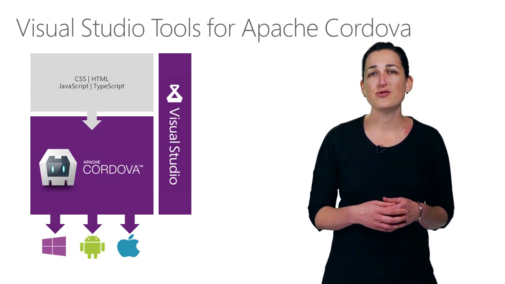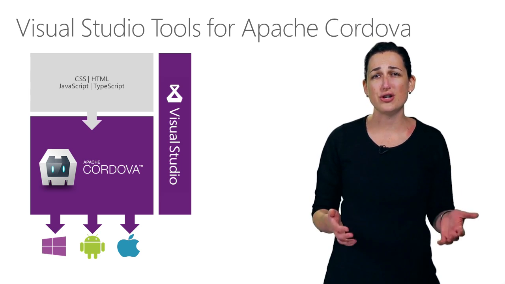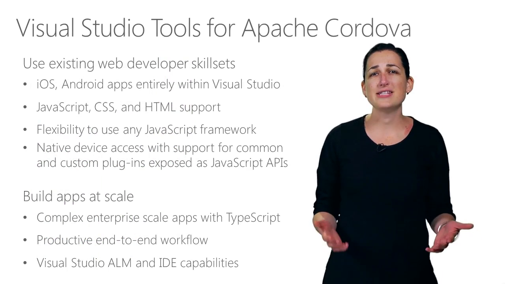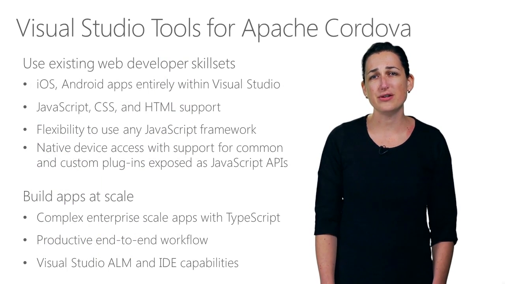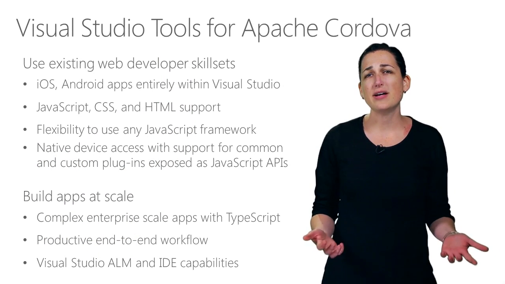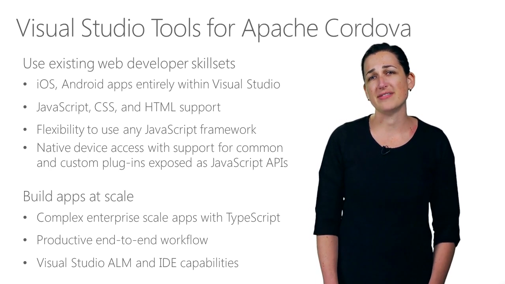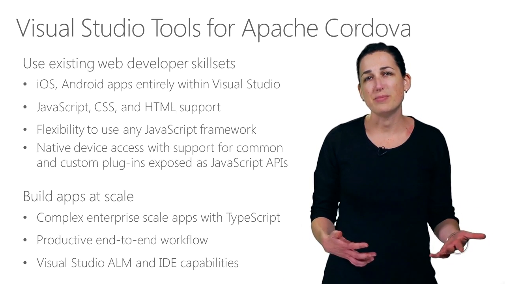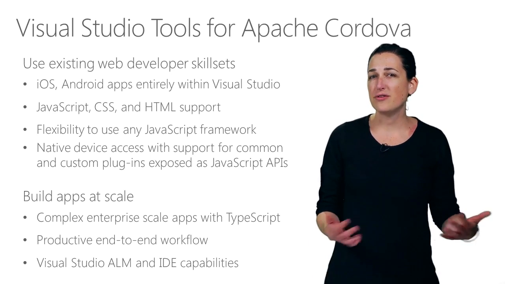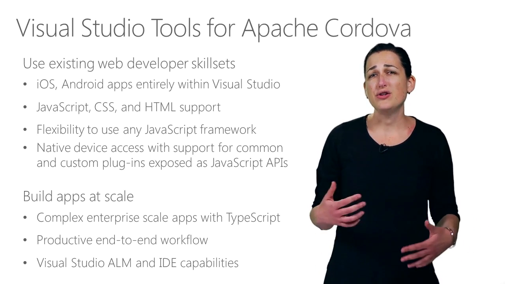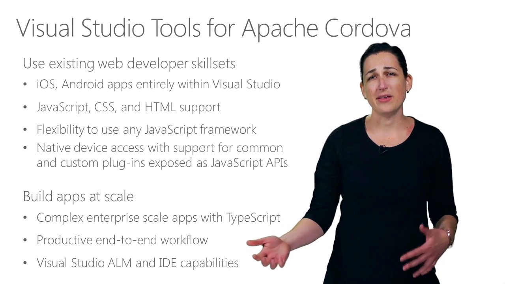We're working with the industry-wide community of contributors to ensure that Apache Cordova is enterprise-ready. The tooling adds new project templates and tools for you to target the Apache Cordova project within Visual Studio. It's built on top of the existing great HTML, CSS, and JavaScript tooling in Visual Studio, but it integrates with Apache Cordova. So you have things like IntelliSense support for the Cordova API, build for any targeted platform such as Android, and directly from Visual Studio, you can run and debug the app on a device emulator or a remote